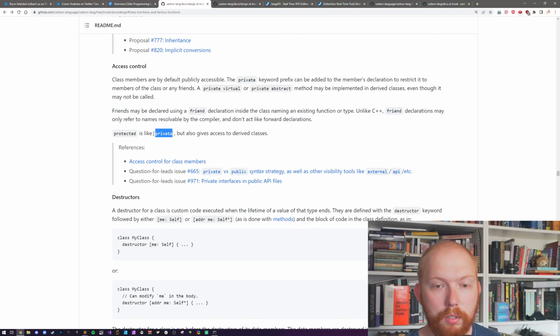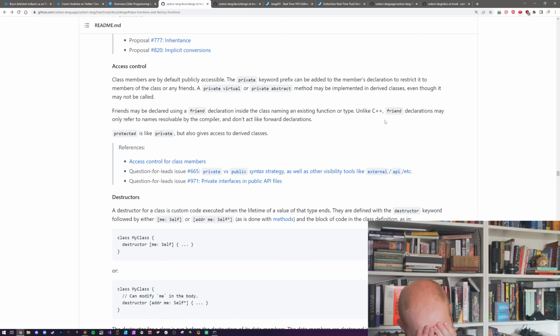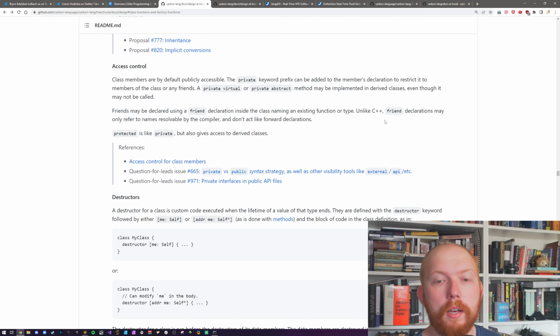Access control, they have private, protected, and friend still. No. They shouldn't have protected or friend anywhere, in my opinion. You should just have public and private. Or the better option is you should just have private, but it's private to that package, like Go does.